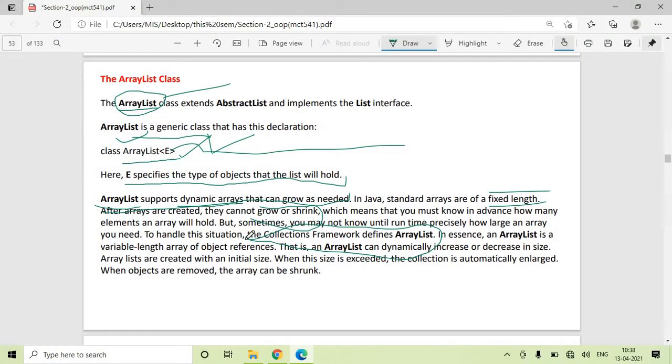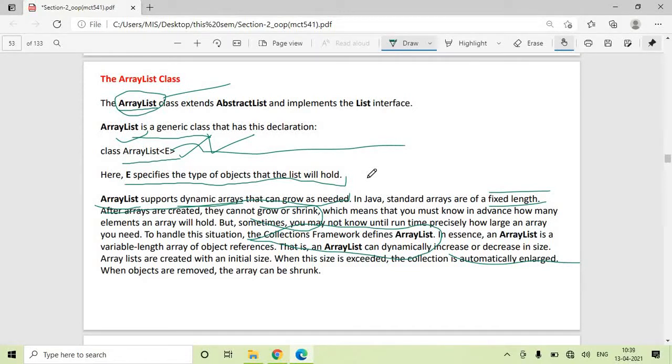So instead of creating an array, you can have an ArrayList. An ArrayList can dynamically increase or decrease in size. If you add an element, it will increase in size. If you remove an element from an ArrayList, it will shrink in size. So this is an abstract about the ArrayList class.